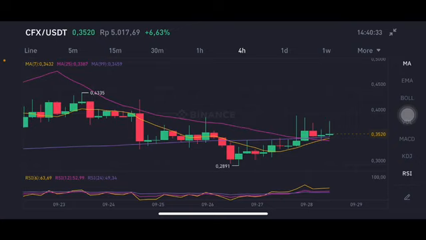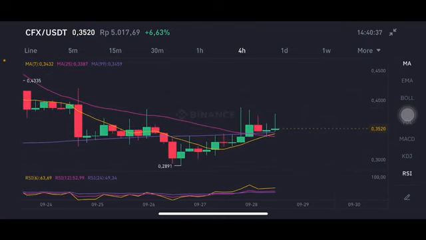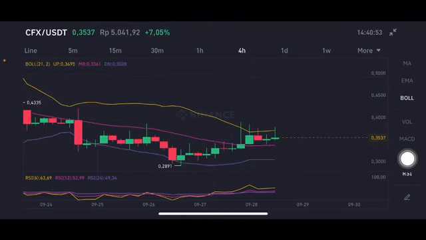So now we're gonna start with the CFX per USDT pair. You can enter if the price goes to 0.28. If the price goes to that point, then you can enter here. And if you want to take profit, if you already entered at 0.289, you can take profit here, right? The Bollinger Band is trying to push it to the yellow one, or upper band,